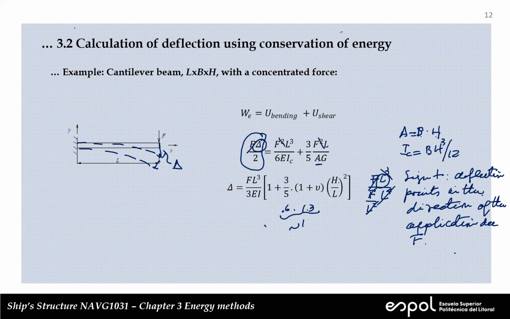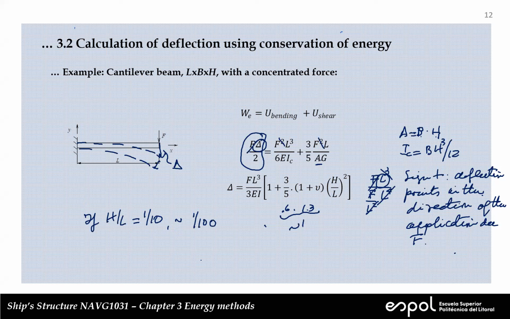Okay, so you can see that usually h is the height of the beam, and this is the length. Okay, let's suppose that h over L would be 1 over 10. Okay, so if h over L were 1/10, right? That means that this term here is approximately equal to 1 over 100,